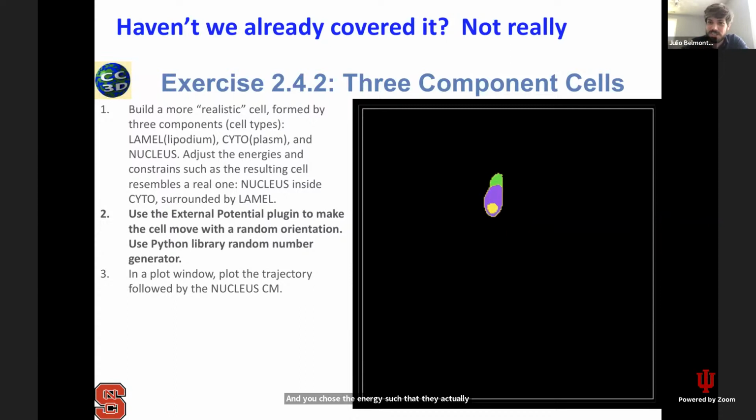And what you did in this exercise is add some kind of external force in random directions in the lamellipodia, which is the green region, and that makes the cell move in one certain direction. And I think the last thing that you were supposed to do in this exercise was to change the direction of this force, so the cell will move from one side to the other. Okay, so it seems that what I'm doing here is nothing new. However, there's a problem. There's an issue in this simulation that only arises when you have more than one